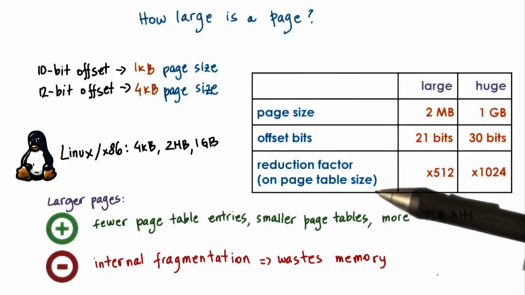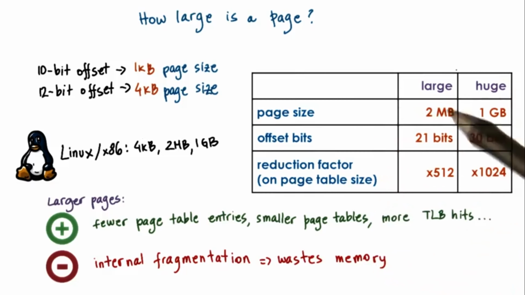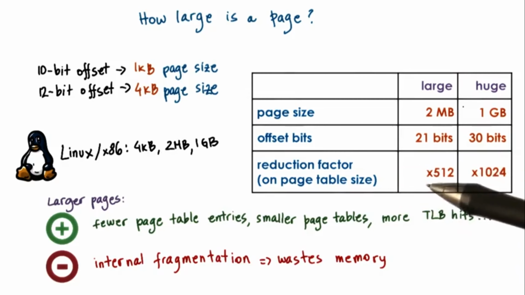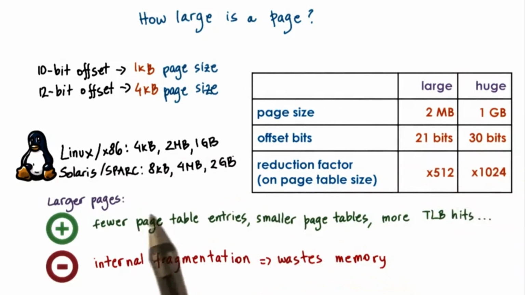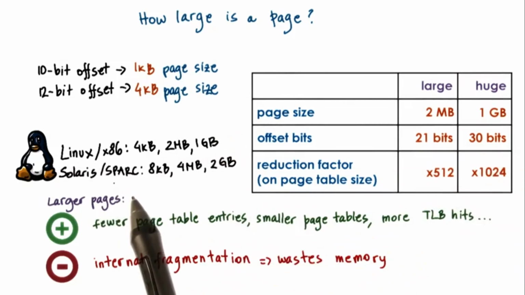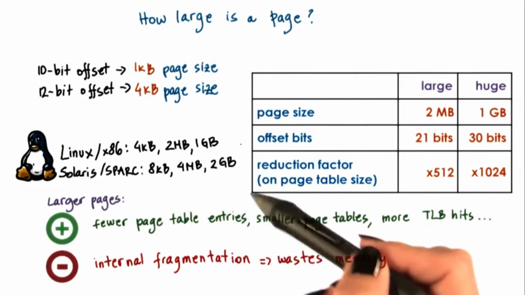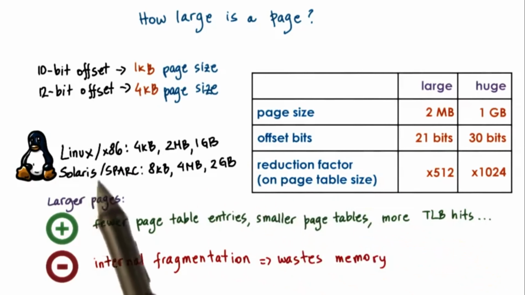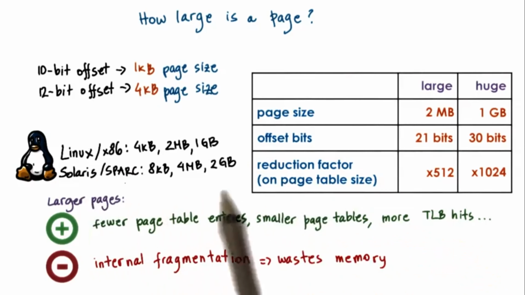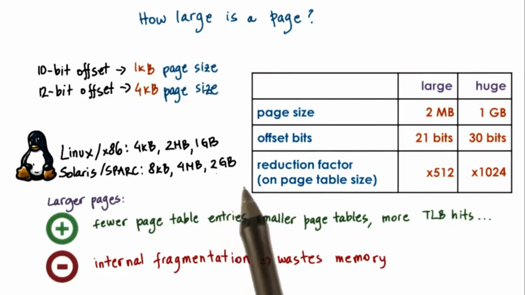There are some settings like databases or in-memory data stores where these large or huge page sizes are absolutely necessary and make most sense. I should note that on different systems, depending on the operating system and the hardware architecture, different page sizes may be supported. So for instance, on Solaris 10 on SPARC architecture, the page size options are 8 kilobytes, 4 megabytes, or 2